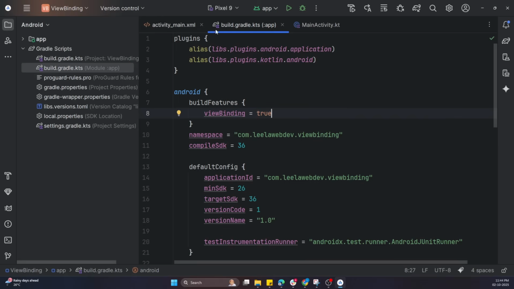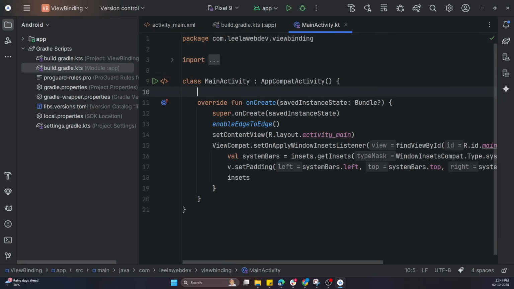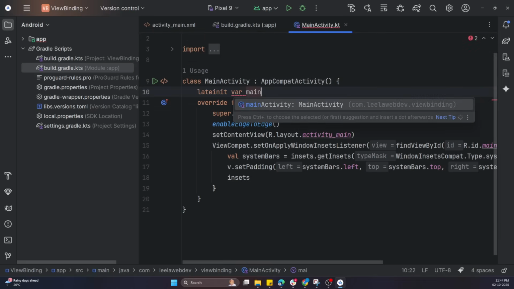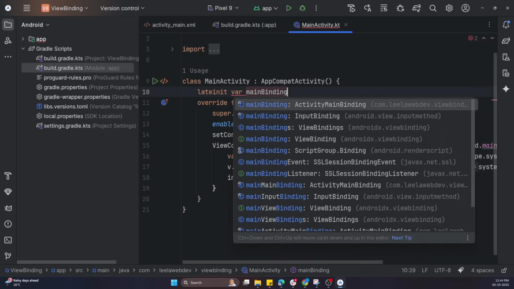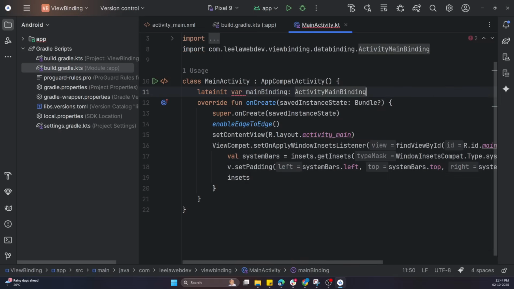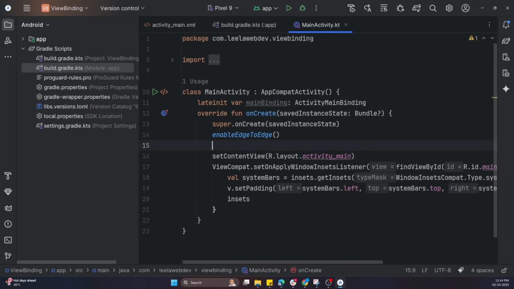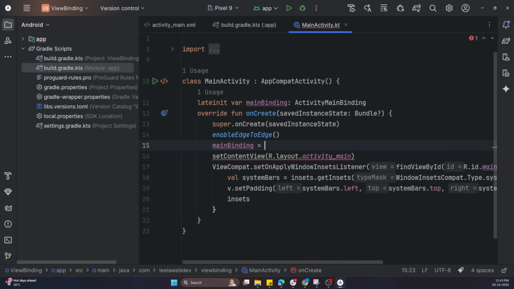Now let's open our activity_main file. Instead of using findViewById and all those things, here you can have a lateinit var mainBinding of type ActivityMainBinding. That's it. Before setContentView, we need to give mainBinding equal to ActivityMainBinding